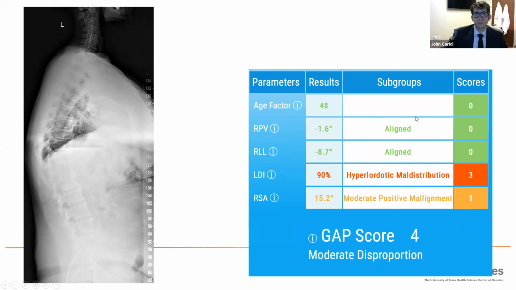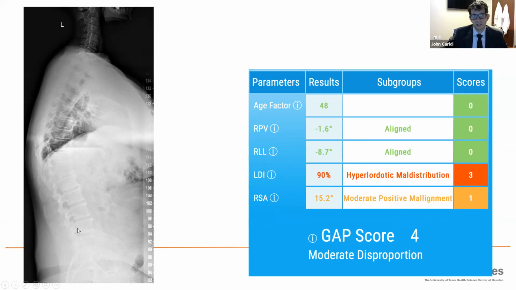His pelvic version is much better. You see his sacrum and acetabulum. You can see how much he's now not retroverting his pelvis. His relative lumbar lordosis is much improved. Still has a little hyperlordotic maldistribution and a mild positive malalignment, but his gap score went from 11 to 4